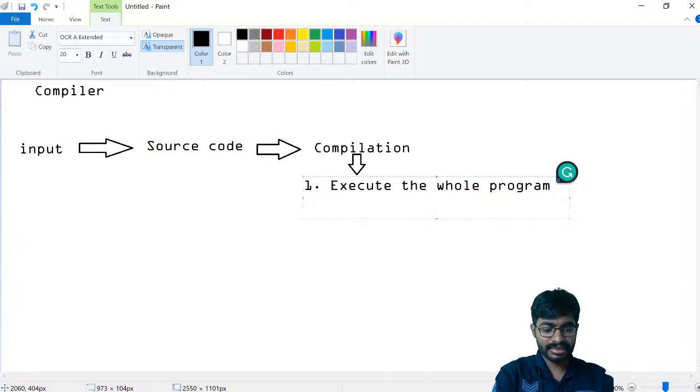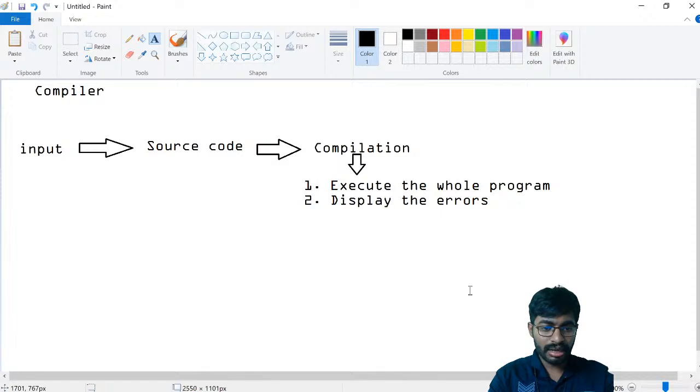Then the next part is to display the errors. These two are the functions inside the compilation part.